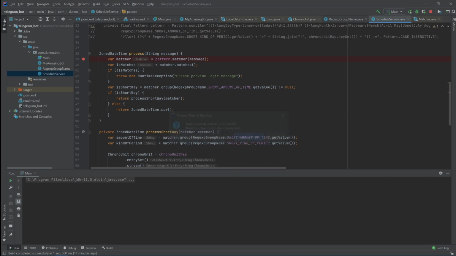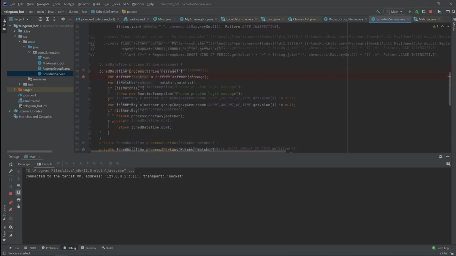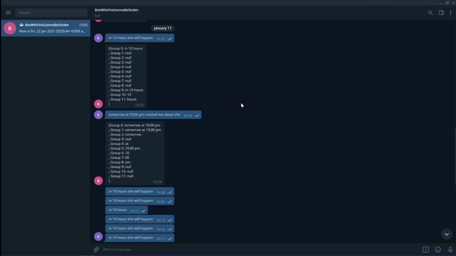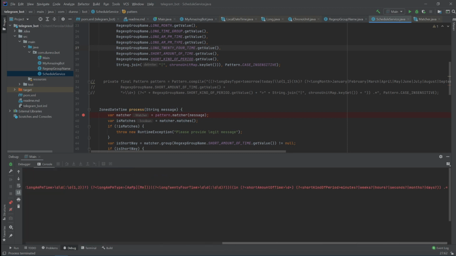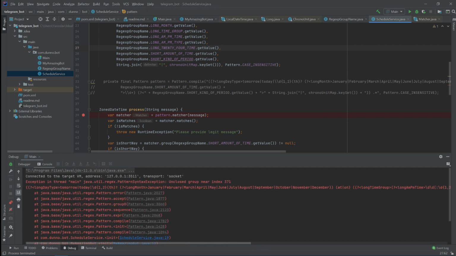I run it in debug mode, and you can see that it's messed up. I don't know why, but let's check it out. Well, it seems pretty fancy looking. So unclosed group, yes. Okay, so we messed up, but